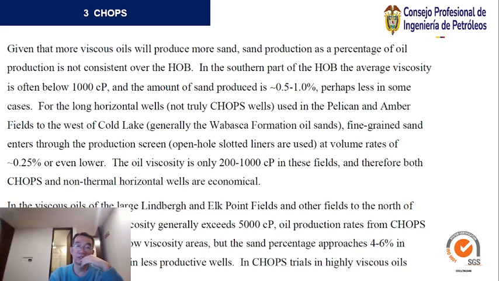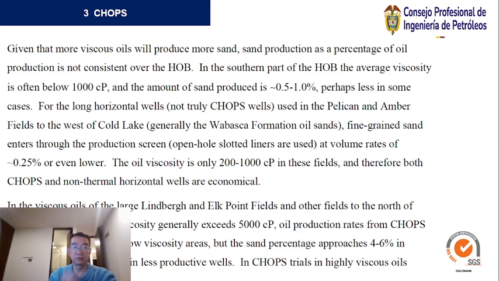The oil viscosity is only 200 to 1000 cp in these fields, and therefore both CHOPS and non-thermal horizontal wells are economical. In the viscous oil of Lloydminster and Elk Point fields and other fields to the north,